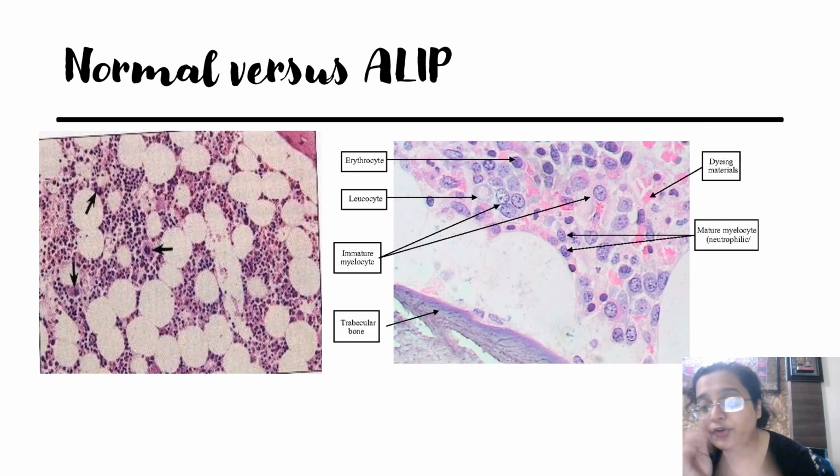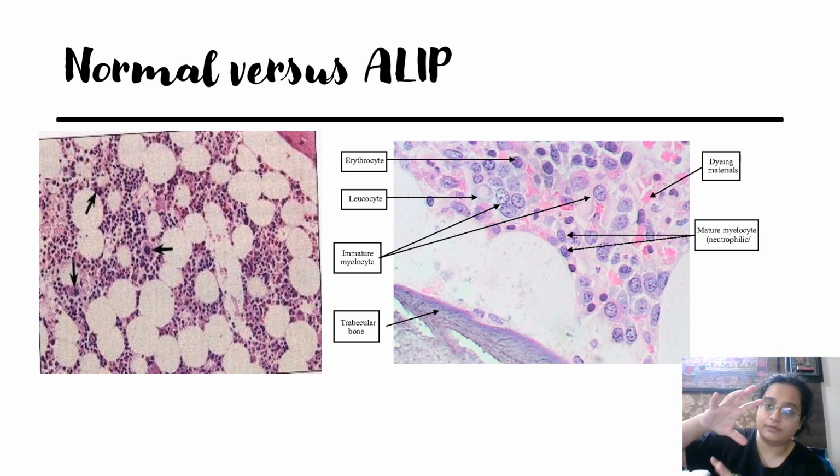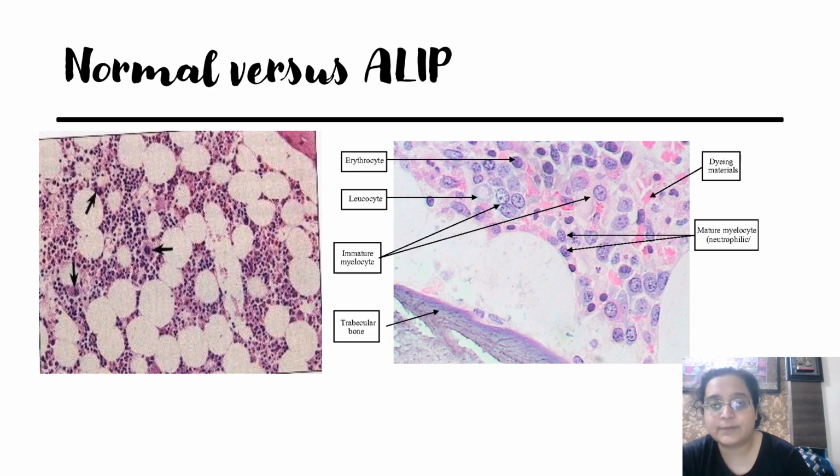Now, another thing that you have to know when you are reporting a biopsy is the abnormal localization of immature precursors, the ALIP. What is this? In the bone marrow, every erythroid lineage, myeloid lineage has a specified place, and that is its niche, where it develops and grows. Like here, I can tell you this picture. Right now I'll tell you verbally, then I'll show you.